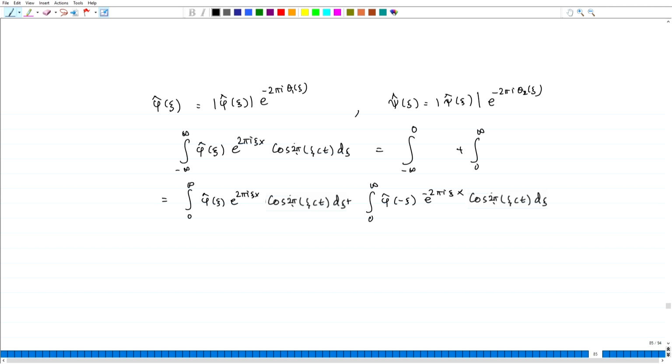And what we had noticed is that phi hat of minus xi is equal to phi hat of xi bar. So, therefore, if we plug in the modulus, 0 to infinity mod of phi hat of xi and then cos 2 pi xi c t, and then I add this, then I am going to get that this is cos of 2 pi xi x minus theta 1 of xi d xi. So, now this is a real valued integral, we can calculate. Similarly, we can calculate the other part of the psi hat of xi. So, with the similar argument,